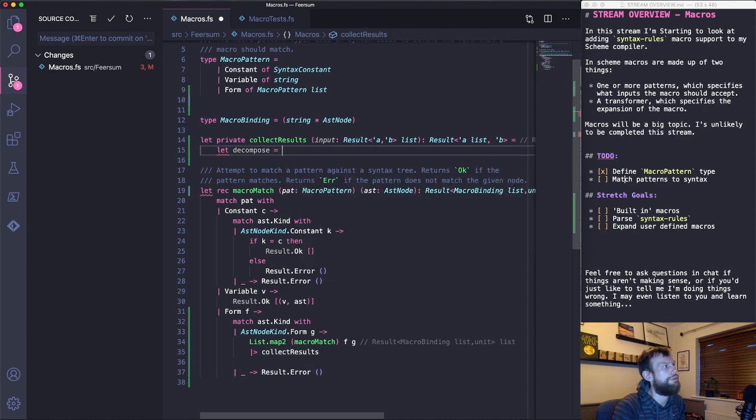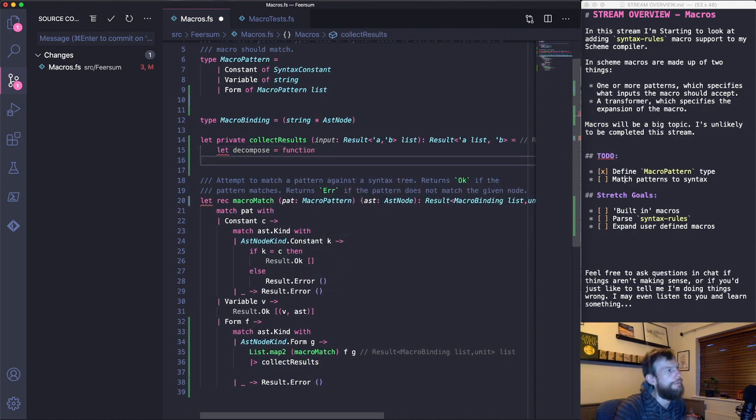Decompose can be a function. The idea of this is that we will match all the different things we could expect to see. So if there's nothing in the list, we return